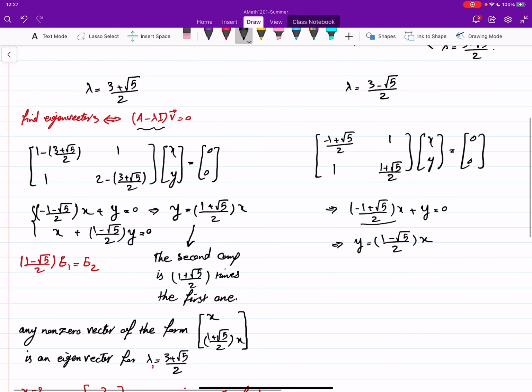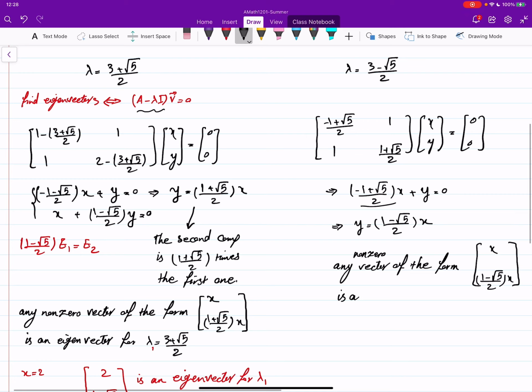So that means that any non-zero vector, we have to be careful, an eigenvector cannot be 0, of the form, the first component can be anything, the second component is 1 minus root 5 over 2 times x,